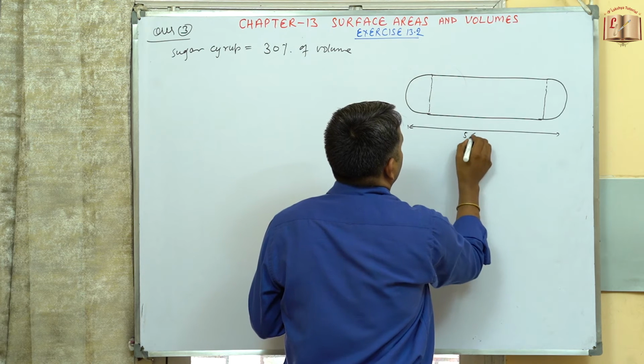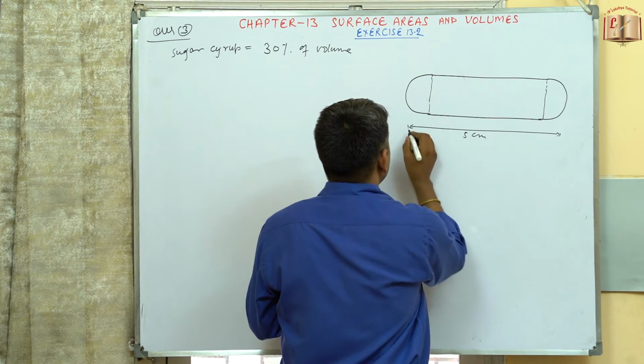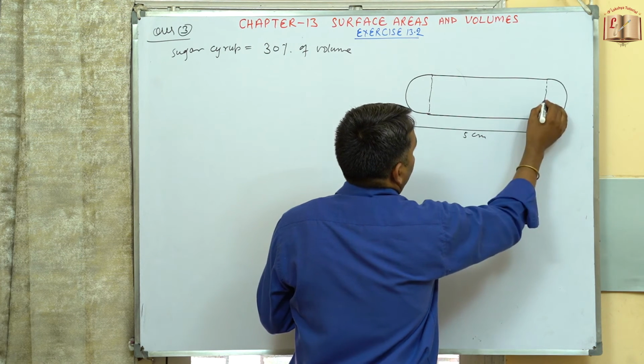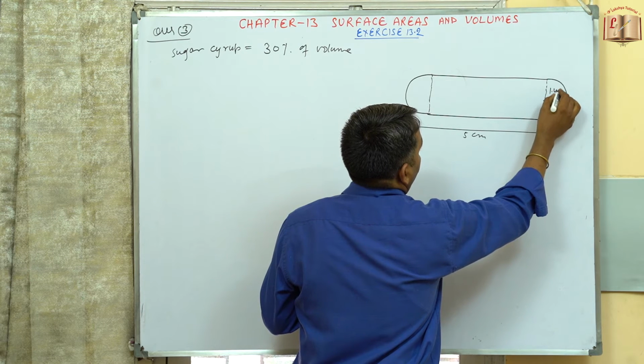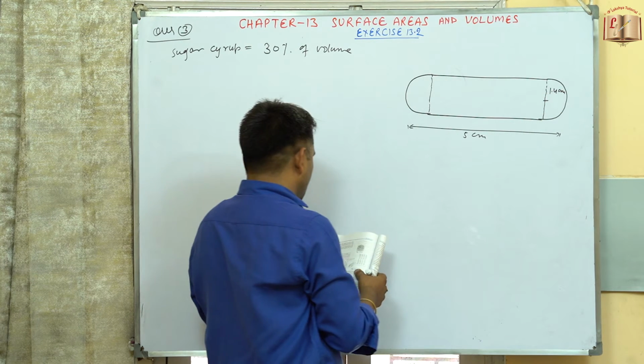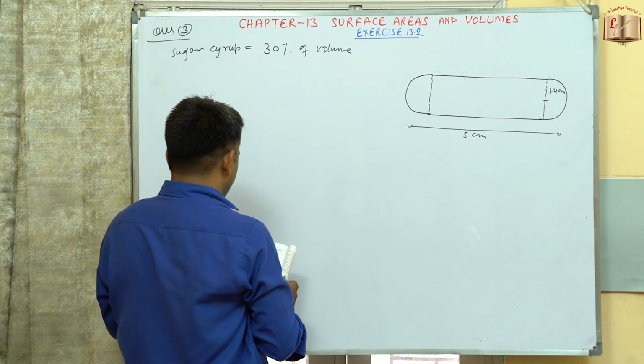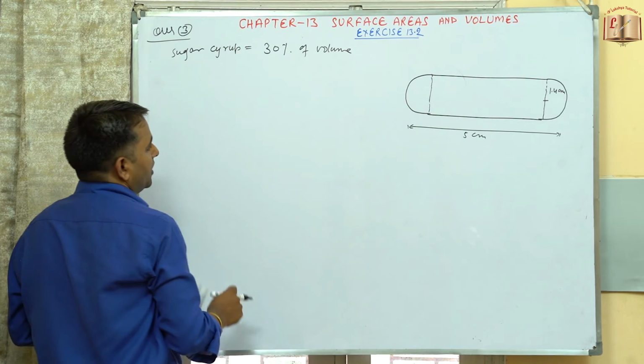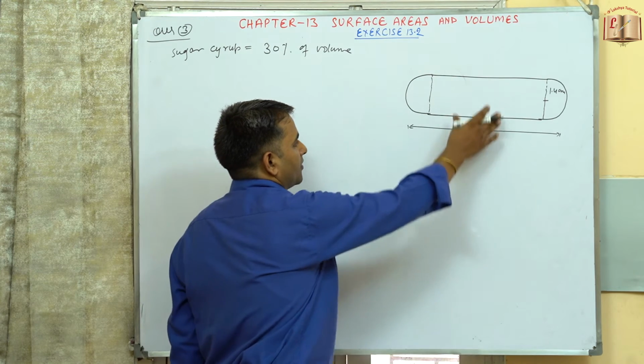This is the 5 centimeter, and the diameter is already given. So the diameter is given, so we can find out the radius. So this is 1.4 centimeter radius given to us. So first of all we will find the volume of one